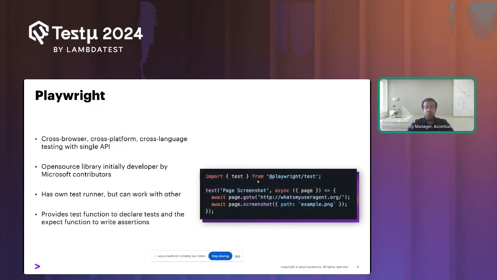We knew there are a lot of visual testing tools in the market, and one of them is Playwright. This is just an example. Playwright is very simple. It's an open source tool supporting multiple browsers, and what you need to do is just take a screenshot with very simple code, and then do the comparison using these screenshots.